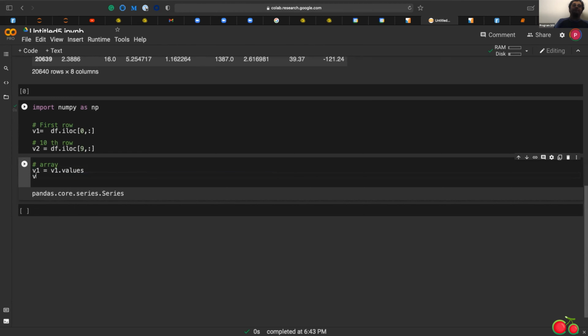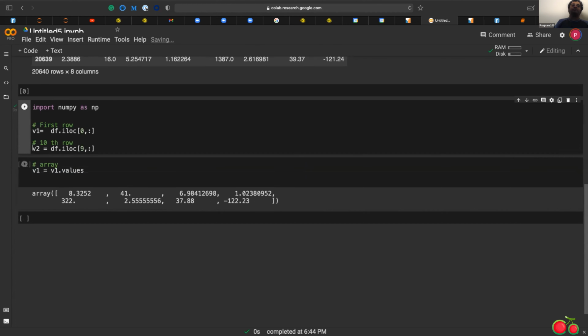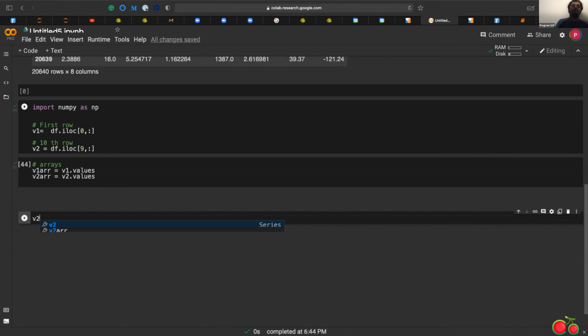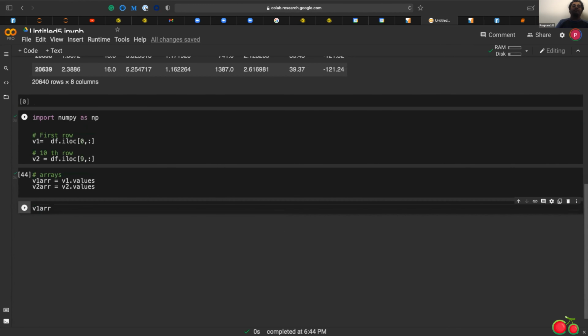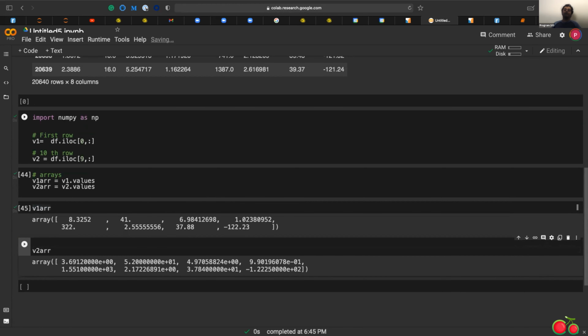So it's using values. In this case, I have v1, so I should just call this v1 array. Then I have v2, so I got the v2 array values. This is how I get my values. So I got my v1, which is a numpy array, and I got my v2, which is another numpy array. Now that we have both of them,